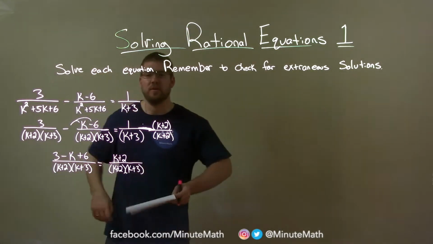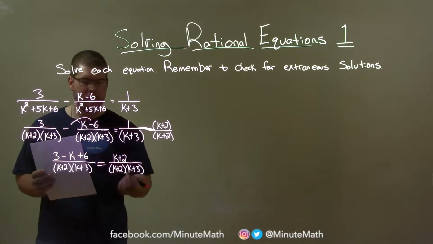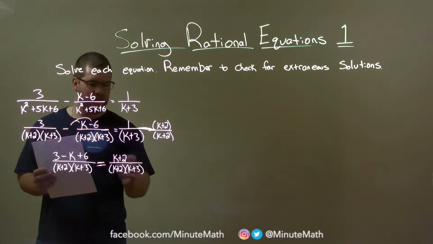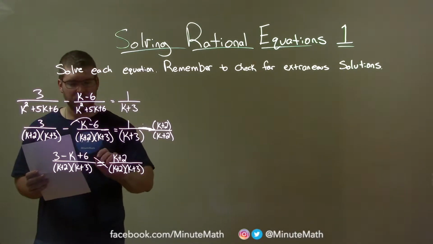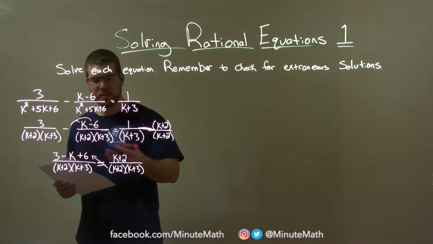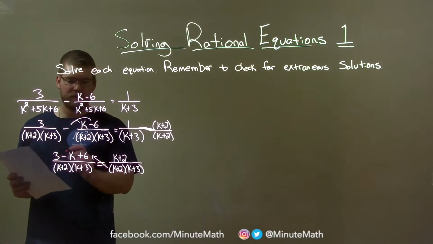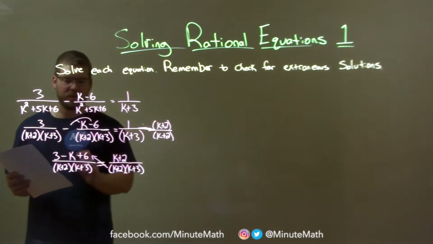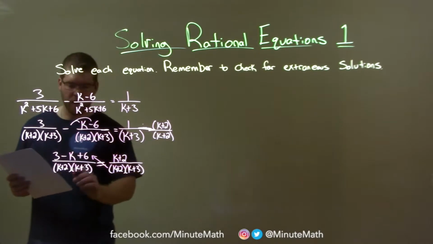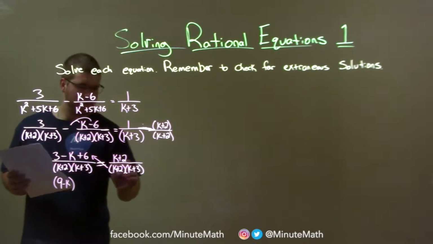This is what I like to do, and it's a little different, I think, than others. You normally would just cross multiply here, but I'm actually just going to multiply this denominator right here up to the left. We're going to do it in two parts. I'm also going to simplify this. So we have 3 minus k plus 6. 3 plus 6 is a 9. So we have 9 minus k here,